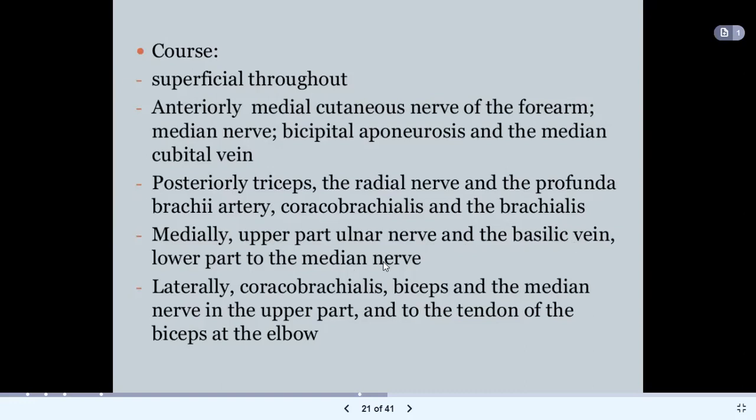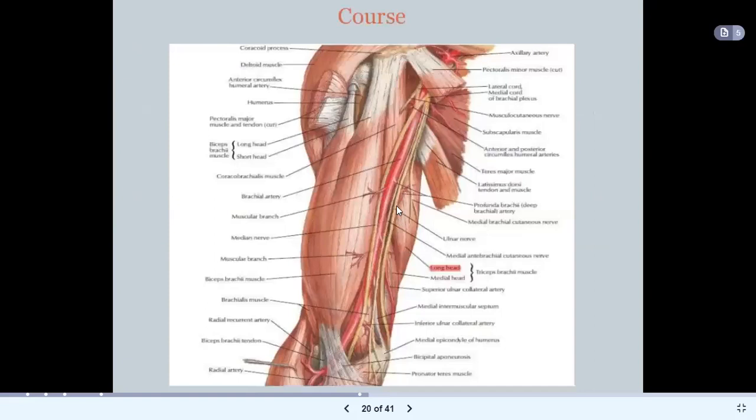Then medially, we have the upper part of the ulnar nerve, and the basilic vein, and then the lower part of the median nerve. So let's identify the upper part of the ulnar nerve, and then the basilic vein, and the lower part of the median nerve. So here you find your ulnar nerve, but if you trace it upward, the upper part of that ulnar nerve is posterior to the